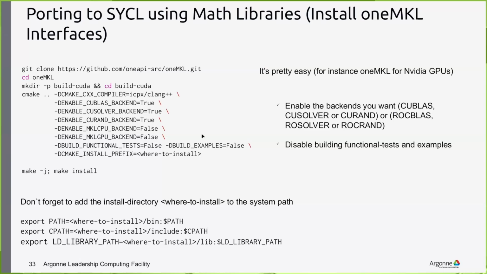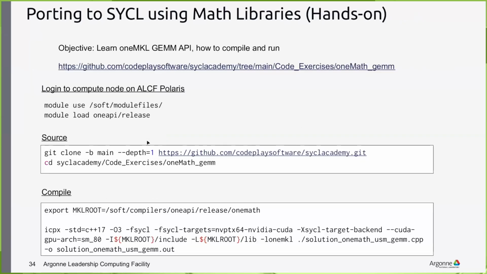As this is an open source project, this is just a quick recipe of how you can build oneMKL and turn on which domains you want. I've just shown here that I'm turning on just the cuBLAS math libraries, and turning off all the rest of them. This is one example that you can clone from this website